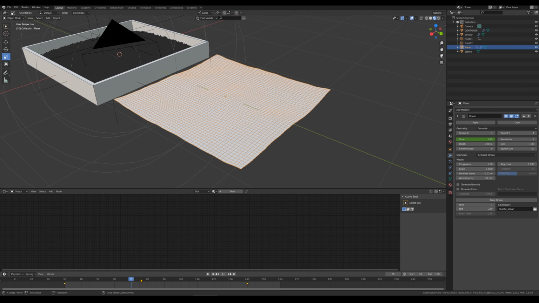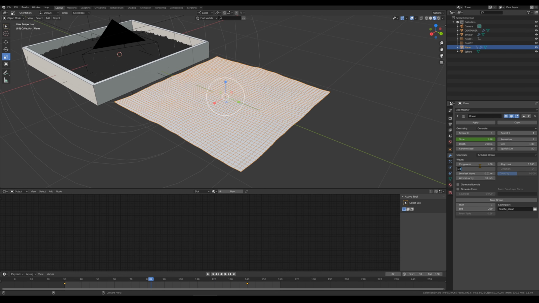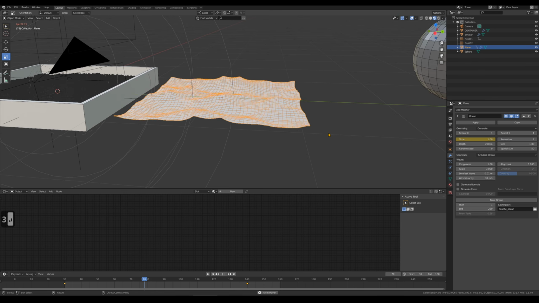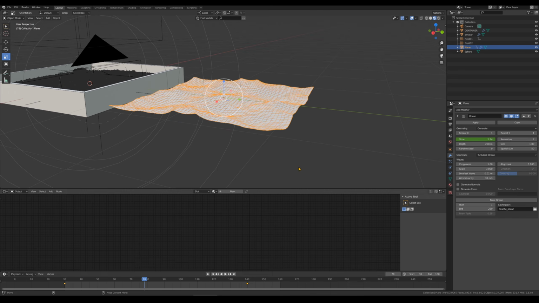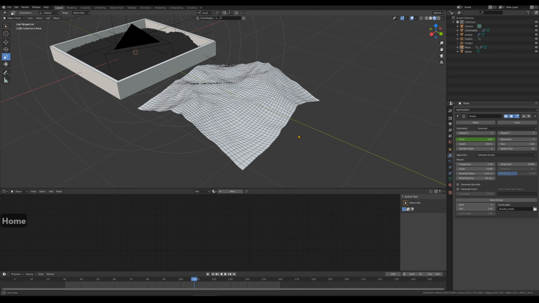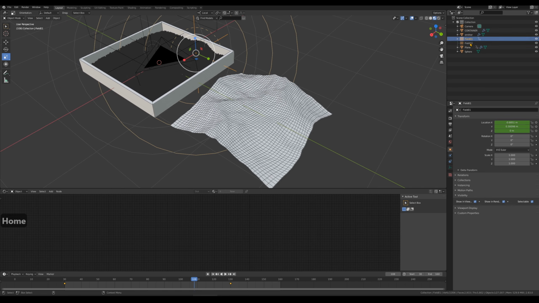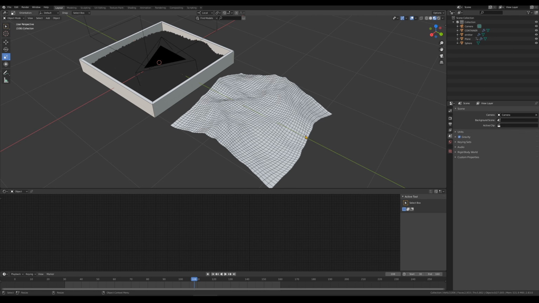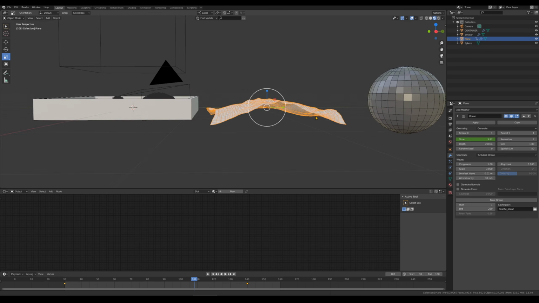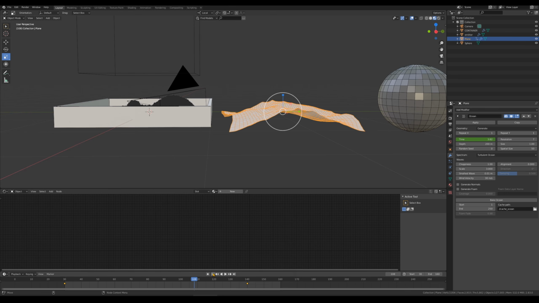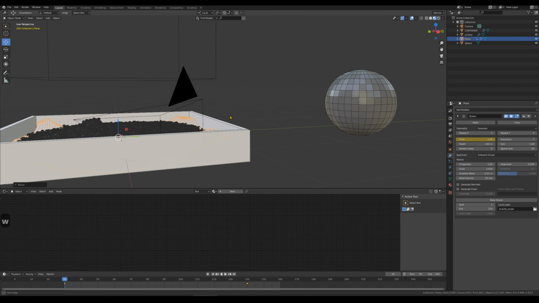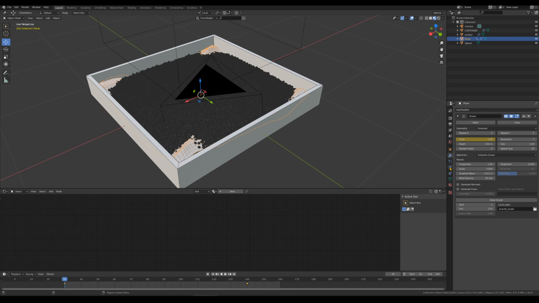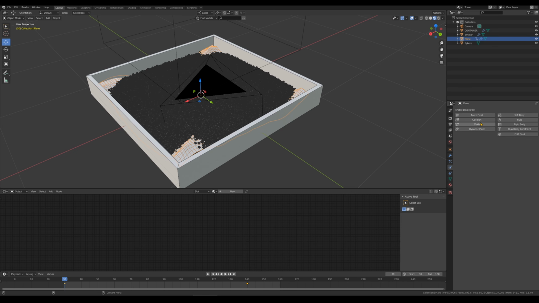So now it's animated. I'll also change the scale to 3 so that it's a little bit more choppy and we get enough effect on our particles. Alright, so let's go ahead and delete the fields we have from the previous shot and position our ocean just right beneath the particles. And I'll go into the physics settings of that ocean plane, and I'll set that as a collision geometry,